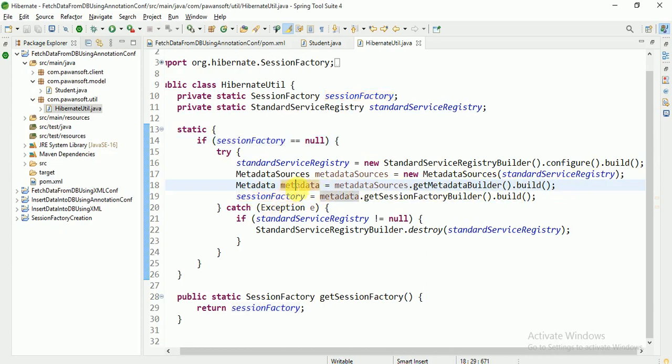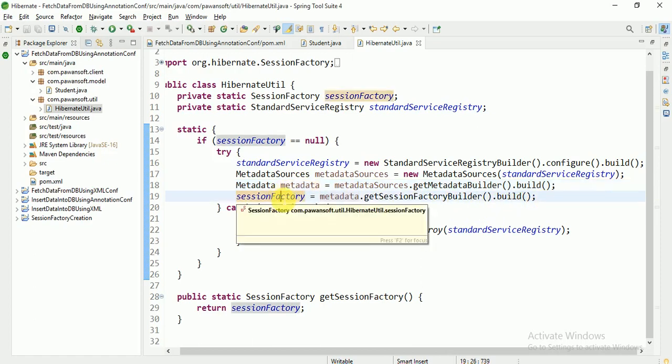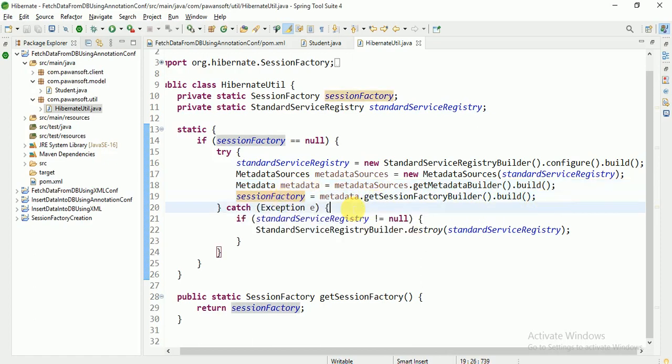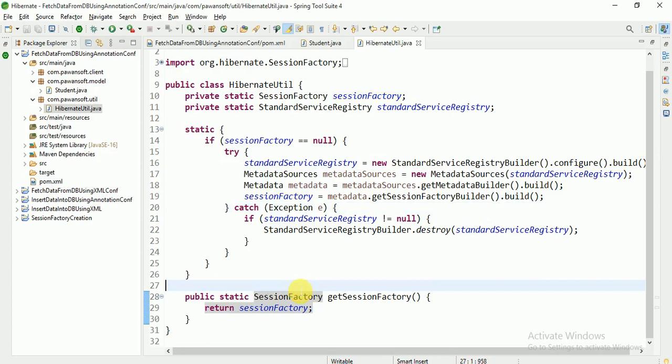Finally, from the metadata object, getSessionFactoryBuilder().build() gives me the SessionFactory object. Finally I write the public static getSessionFactory method and return the session factory object. So this is all about the Hibernate util.